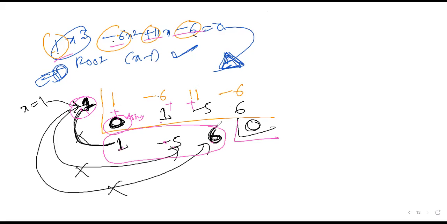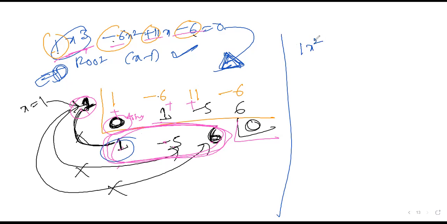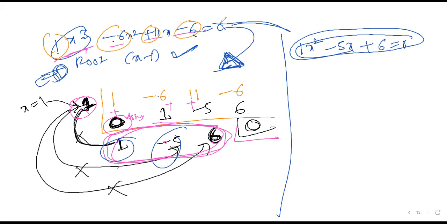After this, these are the rest of the coefficients. Here it is third order; you convert into second order. I can write the equation here. How much is it here? 1, that is 1 into x square. Second, minus 5, that is minus 5 into x. Next, plus 6. This is a second order equation. Third order equation you convert into second order equation. Clear? If you solve this second order equation on your own, you are going to get the answers. After solving this, you can easily find the answer.